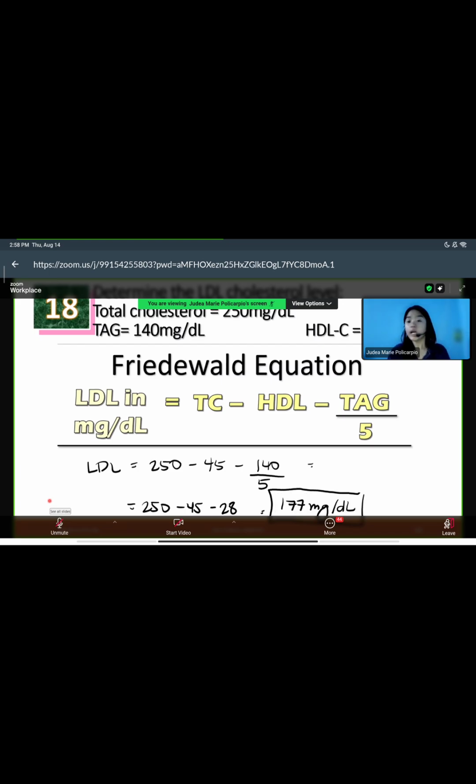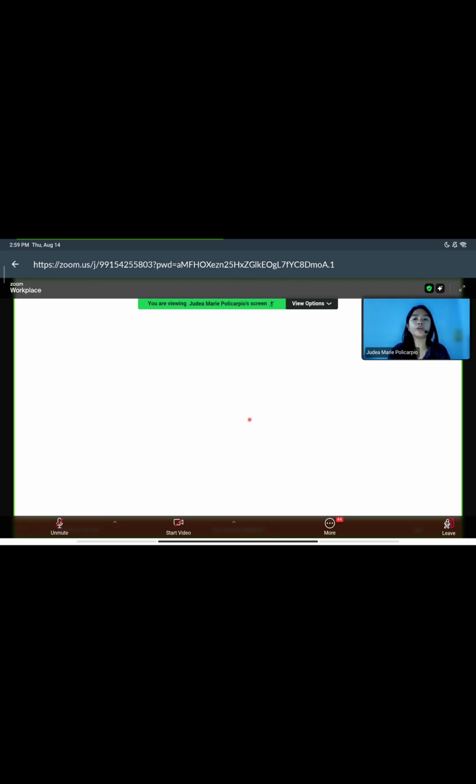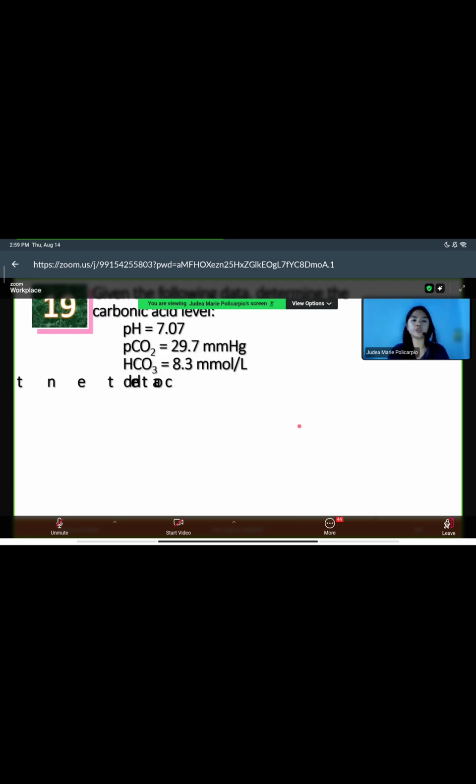Okay, however, what about the next item natin? Item number 19. Okay, let's try to look at item number 19. We are asked to determine the carbonic acid level. Okay, so we were given the pH, we were given the carbon dioxide, the bicarbonate, and even the delta content. Now we're being asked to determine the carbonic acid level. By the way, carbonic acid is your